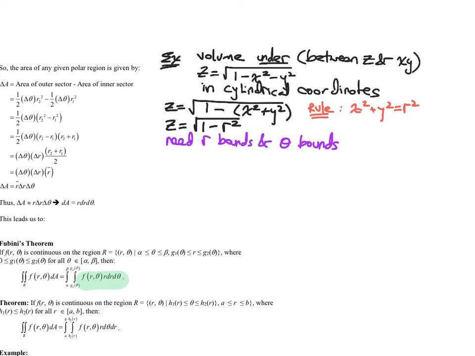But anyway, we need r bounds and theta bounds because my variables are r and theta, right? It's just a question of whether it's the r's that are going to come first or second. So we're going to set up our integral so that the r bounds will be addressed first and then the theta bounds, all right? The theta bounds are usually pretty easy because if I'm taking one full turn around a circle, then that's going to be 2 pi radians, right? So we're going to go from 0 to 2 pi unless you're only looking for a portion of a circle,